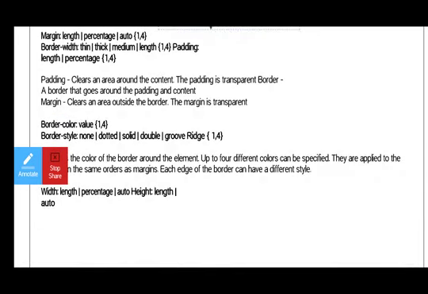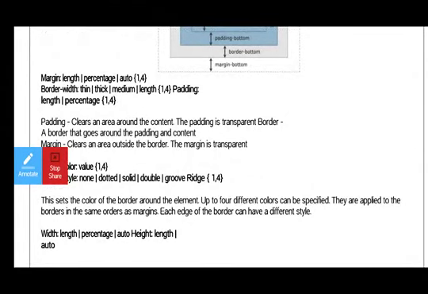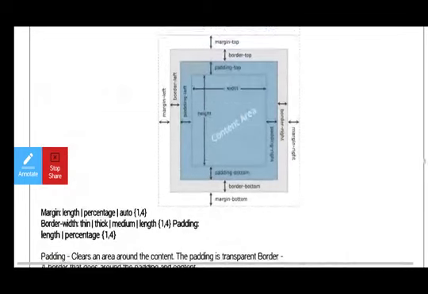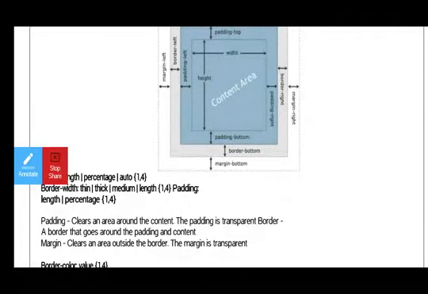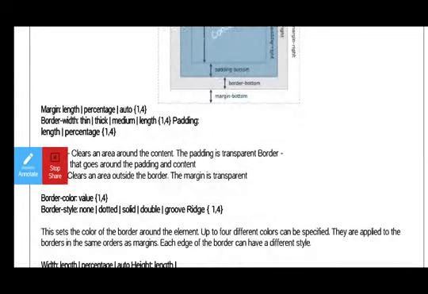Height and width of a particular cell. Like this, the padding may be observed. Height and width of the cell padding. So we are going to set the margin, we are going to set the border, and we are going to set the padding, either as a percentage or a length.